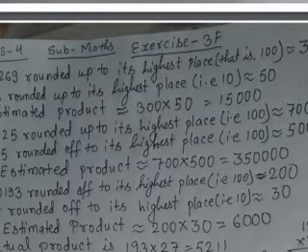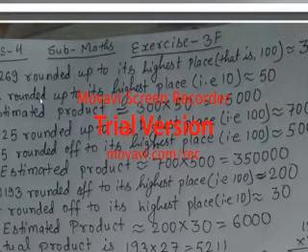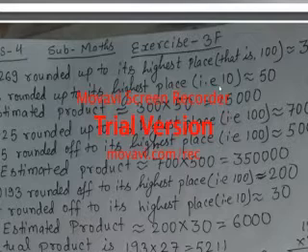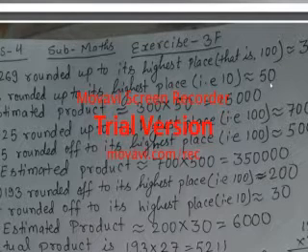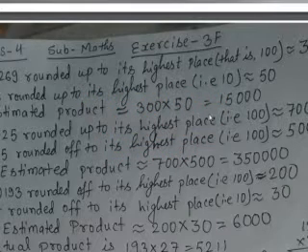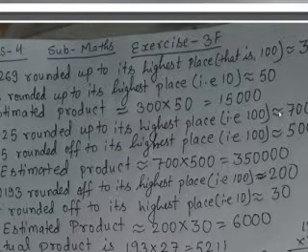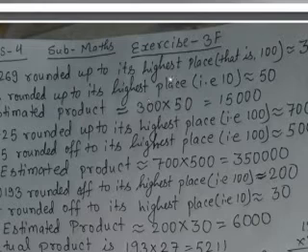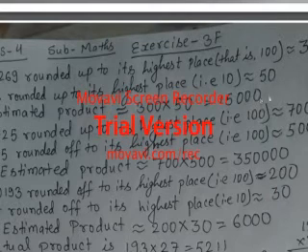So if you will see 48, here the highest place value is tens, and the ones digit is greater than 5, so 1 will be added, so it becomes 50. You can see 48 rounded up to its highest place, that is 10, is equivalent to 50. Therefore estimated product is equivalent to 300 into 50, that is 15,000. Already I had said last time, when there are numbers, then simply multiply the numbers, and as many zeros as are there after the numbers, you simply keep that many zeros.